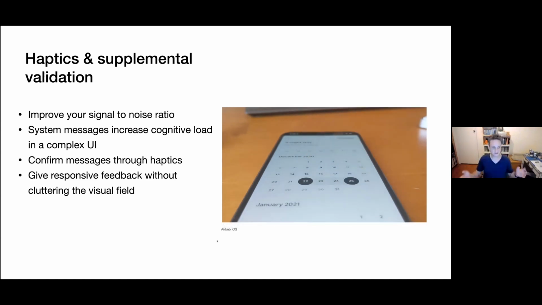But essentially what is happening here is, again, we're playing with signal to noise ratio. So we have system messages that increase cognitive load in a complex user interface. A calendar is a very complex user interface, especially when it's squished into the small pane of glass of a telephone. And so haptics are a great way to confirm what you've done right or what you've done wrong. So in this case, we have